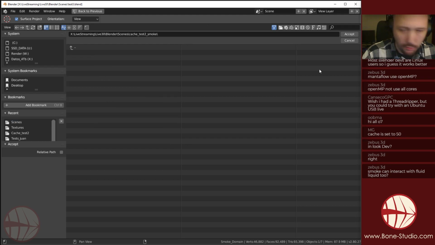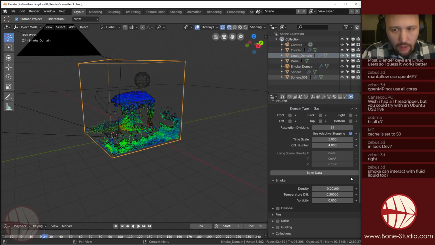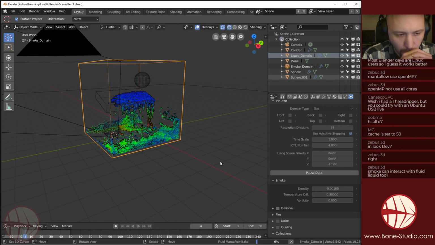And no, an absolute path, please. Okay, now we can simulate. We can bake data, and I'm going to wait for some frames. The smoke can interact with fluid liquid too. Well,